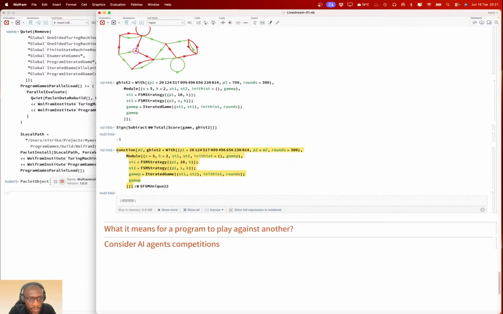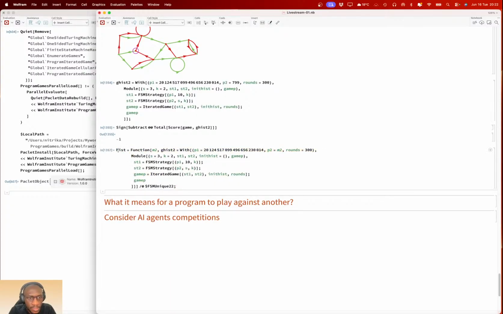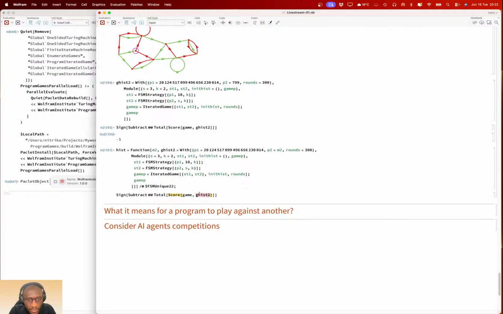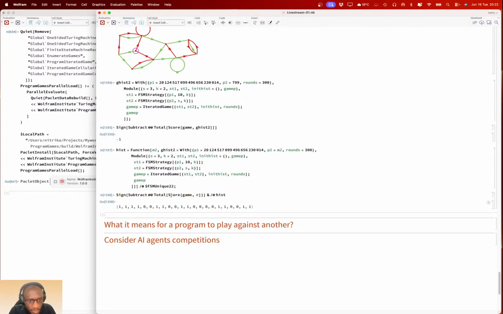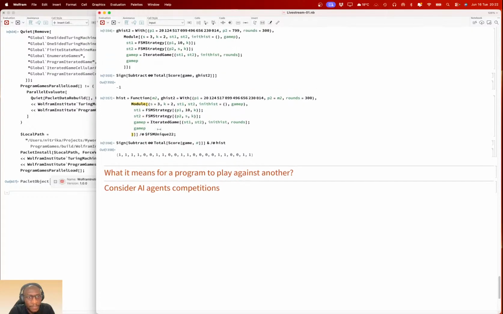Okay, and we just need the history. And for that history, we need to score each one of those and find out if they are actually winners. Yeah, they don't lose. That's true. So it's a universal winner for two-state machines.